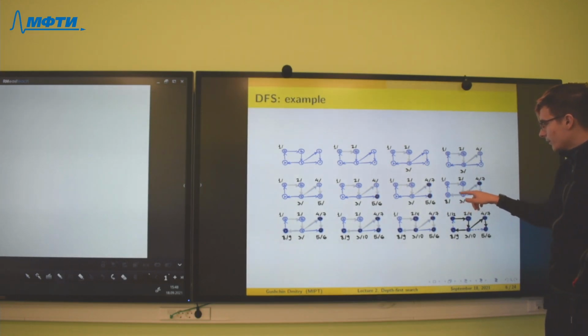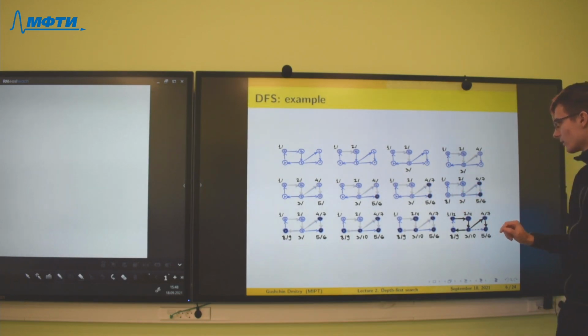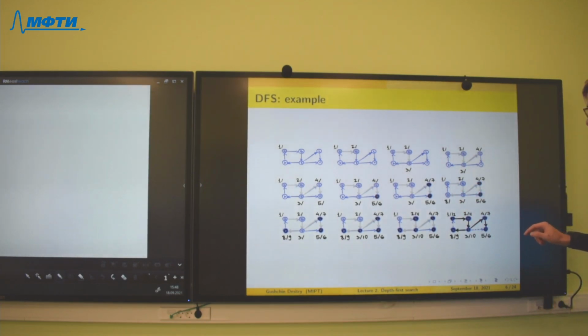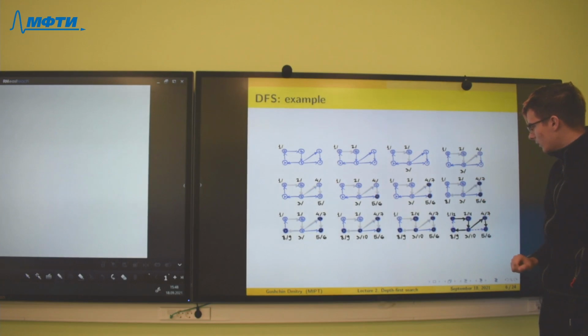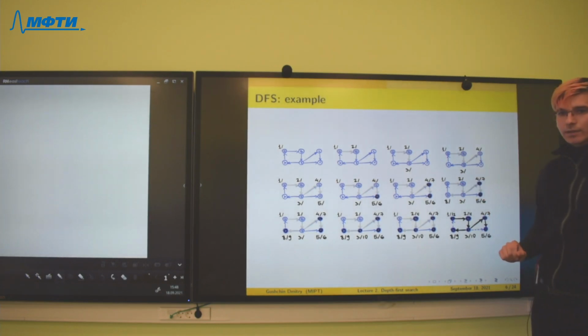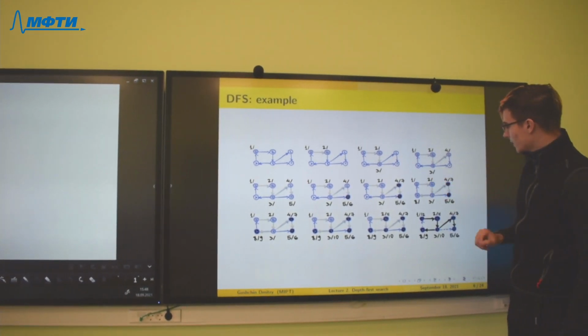So we go to vertex D, we visit it, and see that vertex D has only one adjacent vertex A, and it has been explored.